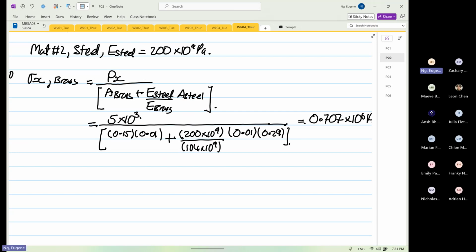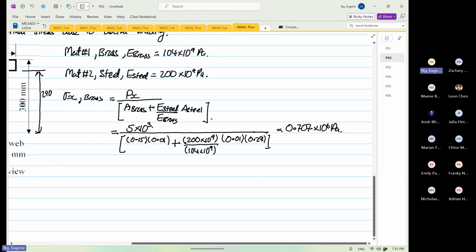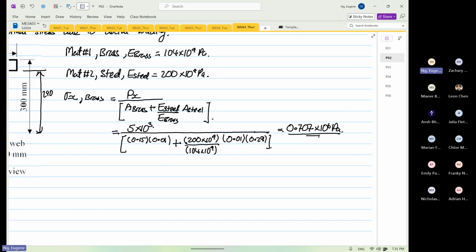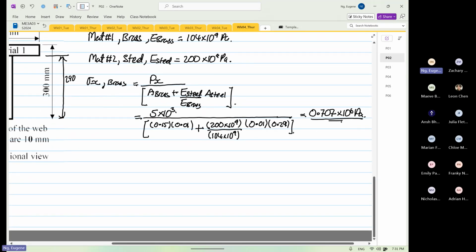Yep, it is 0.707 times 10 to the power 6 Pascal. Okay, so we have found the axial stress due to the load acting on the brass. Next, we do the stress X